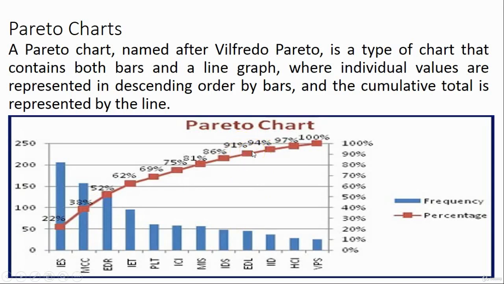How does it help? Suppose this is your biggest one. If you see, this alone is around 22%, and these two combined have 38%. So if you have the capacity to take care of around 90%, then if you take care of this much, you will be able to take care of approximately 10 things. So this is how you read the Pareto chart, and the Pareto chart is also useful in finding out